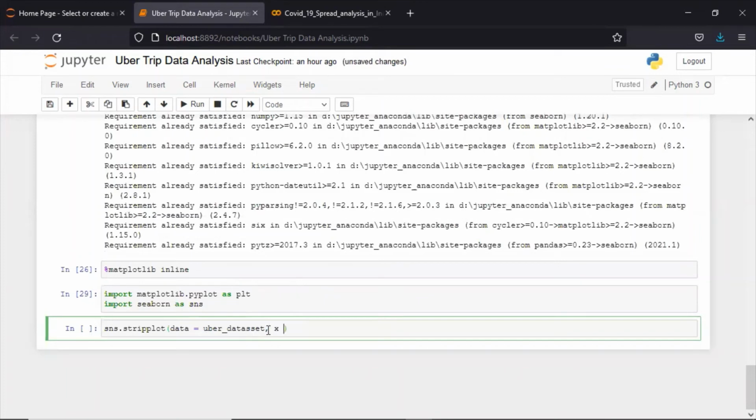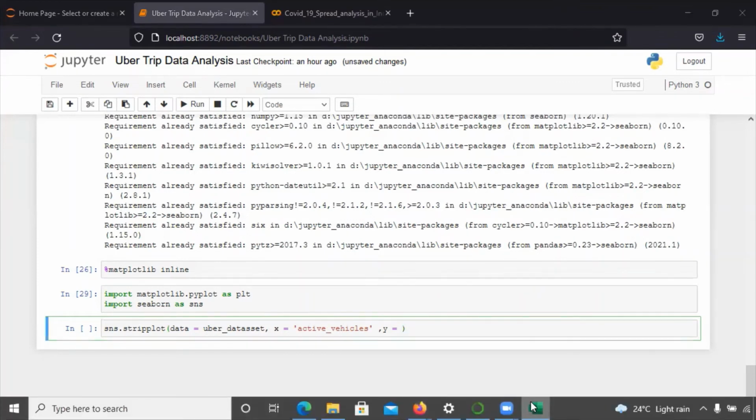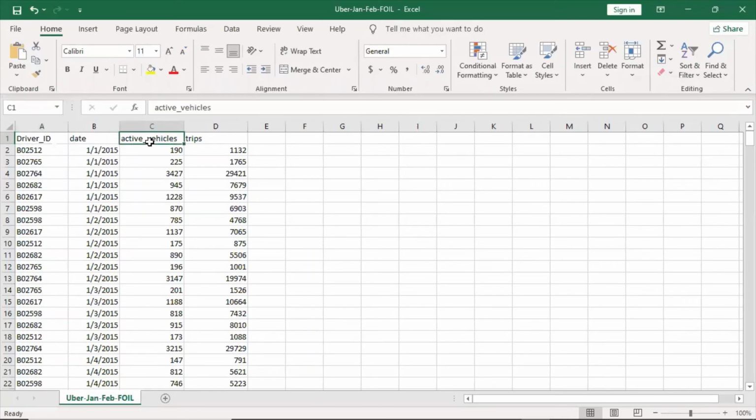Now, what will be your X column? In your X axis, I'm taking the active vehicle column of my data set, and for the Y axis, I will take trips.